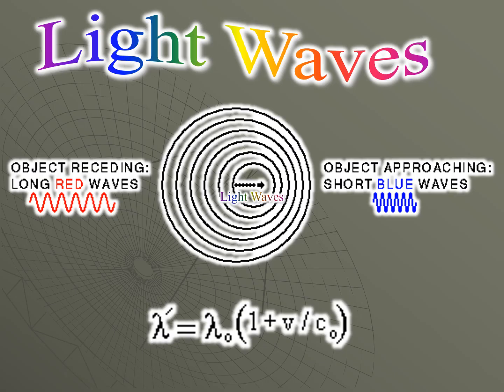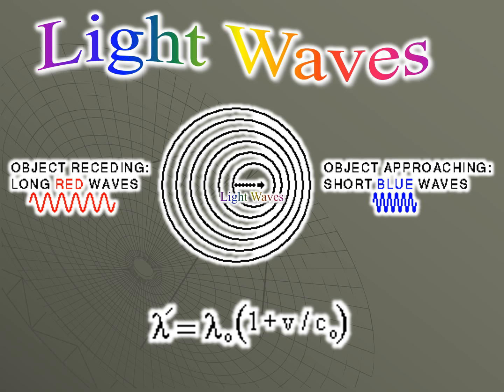The same thing happens with light waves. But light waves, we don't hear, we see them, and the way that we see them is by their color. It turns out that every different color of light has a different wavelength. It just turns out that red waves are longer and blue waves are shorter. Violet waves are the shortest of the colors that we see, and everything in between in the color spectrum.